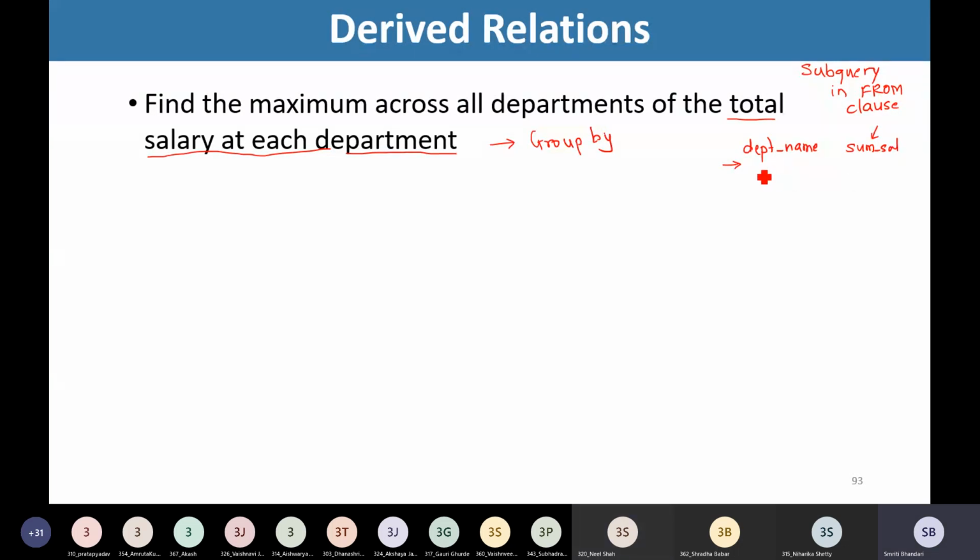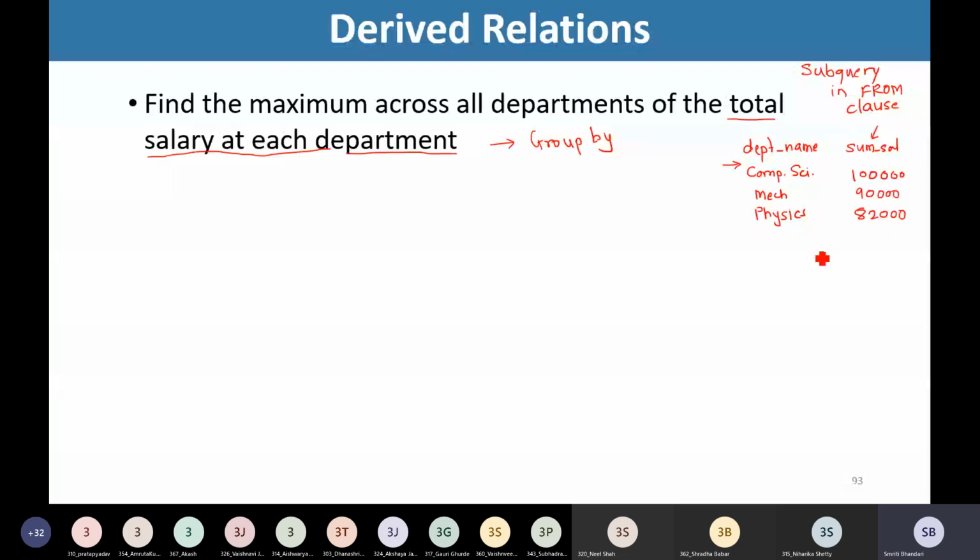See, once we get this, say for example, if I'm having department, say computer science, mechanical, physics, and so on, and suppose I'm having the sum of salaries computed now using group by clause, let us assume some figures, so 1,90,000, 82,000, something like that.